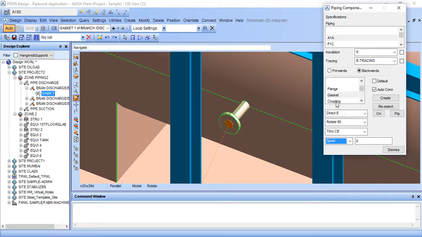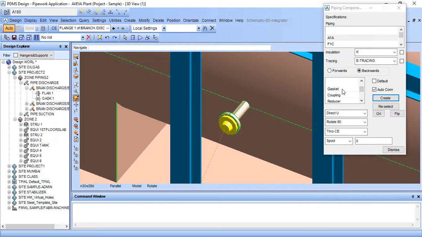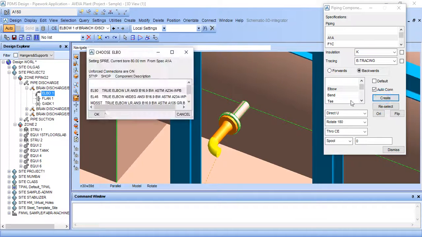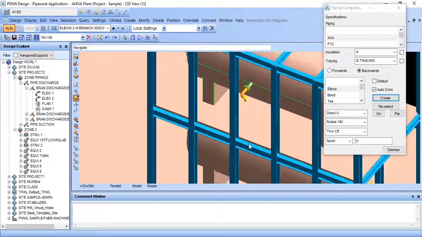Spool, create flange. After this you will need an elbow, rotate through 180 degrees, giving spool 200. After this one elbow 90 degrees, no need to change.